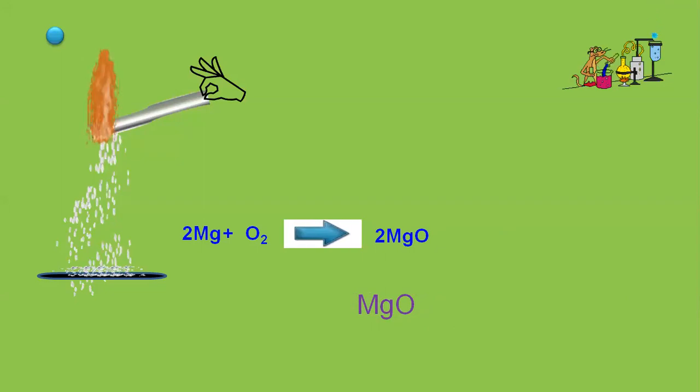Can I call this an example of combination reaction? Because in this equation, I have 2 reactants which have combined together to form a single product. I'm repeating myself again. This becomes an example of combination reaction where 2 reactants combine together to form a single product. So it will be called a combination reaction. I hope it is clear. So the first example was very simple: 2 Mg plus O2 gives me 2 MgO.